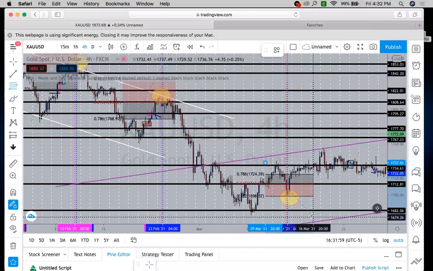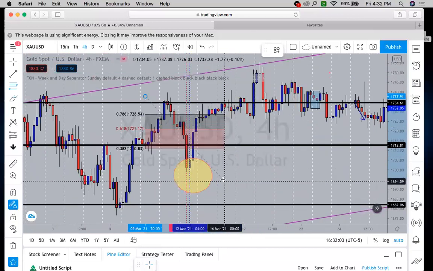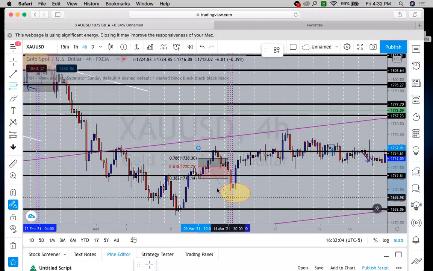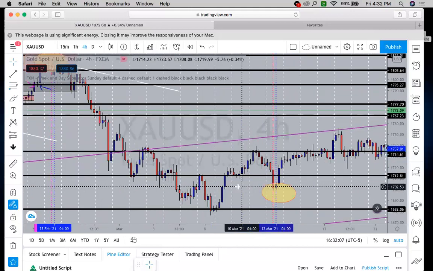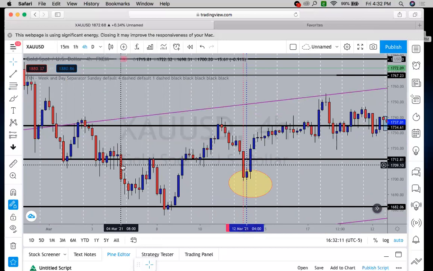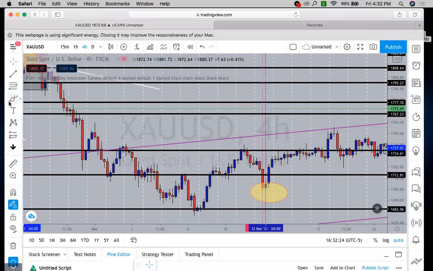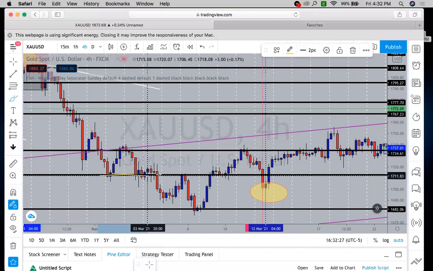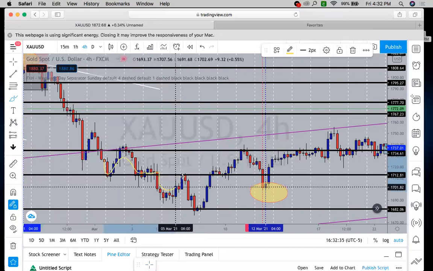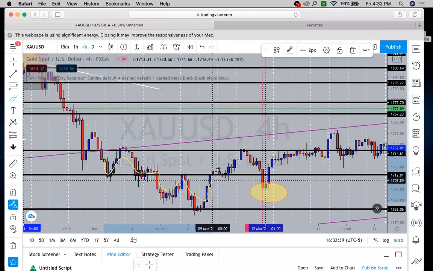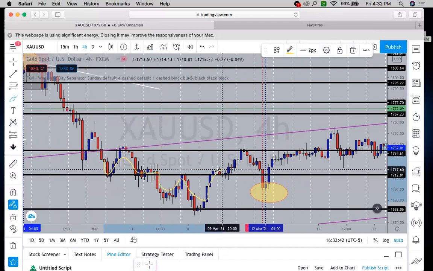right? From that high, oh, I'm sorry, I took it from the wrong high. So once it breaks, this right here is something where the support and resistance zones come in handy. And you have to understand that because right here, you see we got a zone, right? You see price acted as a support right there, then it broke it and acted as resistance, right? So once it breaks that, we want to take